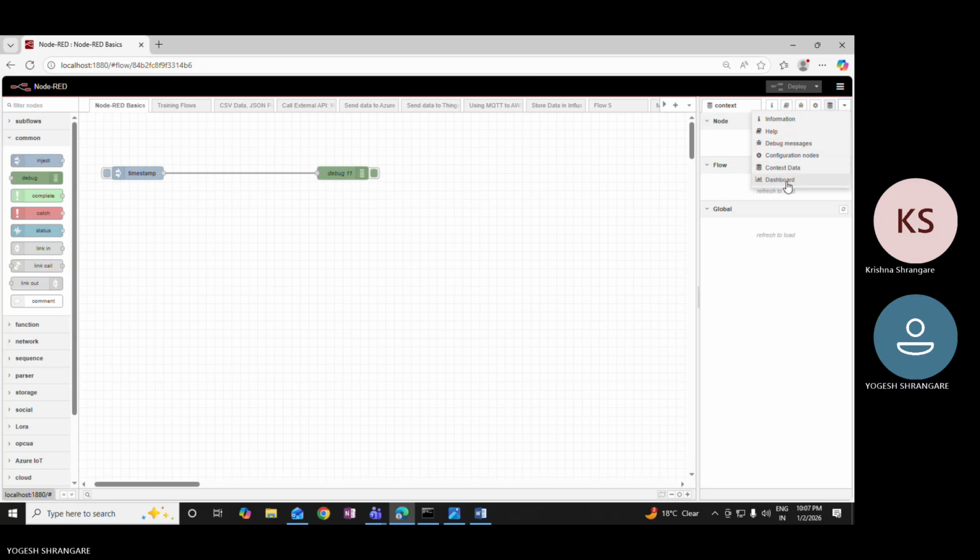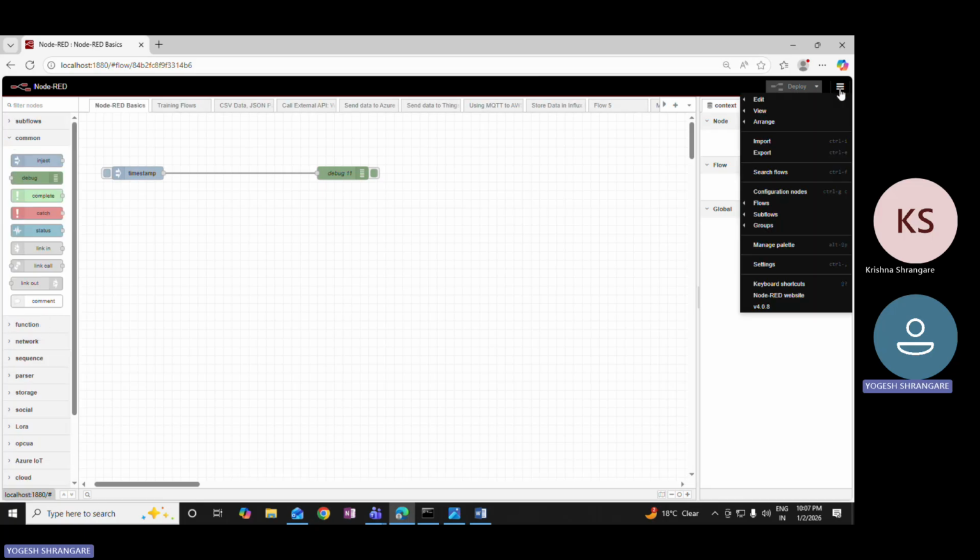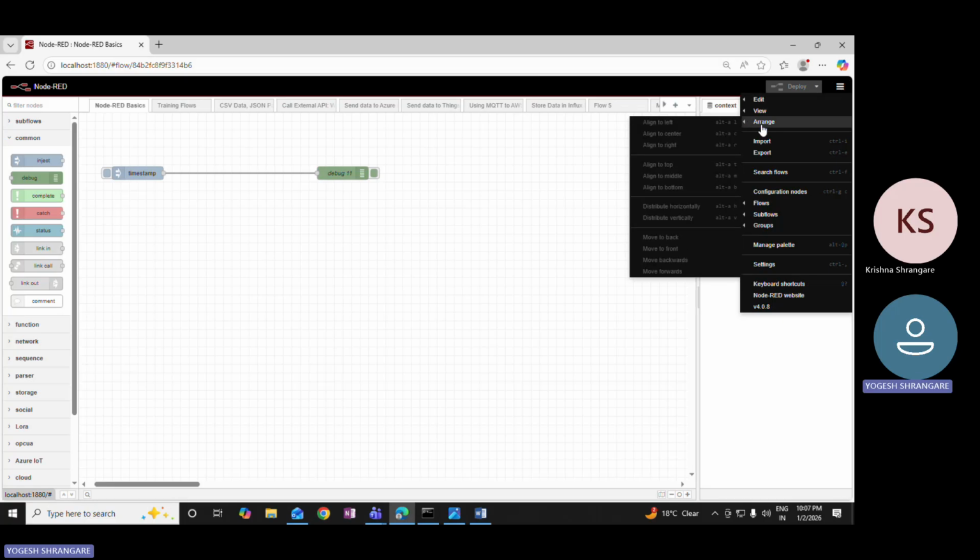So users who have the dashboard nodes available in their Node-RED instance, you can see this option. If it is not visible in your Node-RED instance, then you need to download the nodes of the dashboard. Okay, so when you click on this, you can see the options like edit, view,